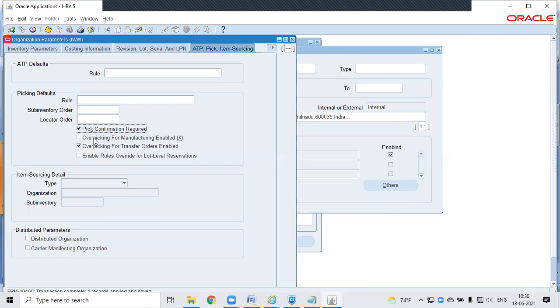Okay. That's why it is priority. Mostly when you go for web planning or released web, that point it is very much valid. You need to enable that one. Otherwise, when you release the web, it will automatically perform the pick confirmation. And if you want overpicking, then you have to enable the overpicking here.